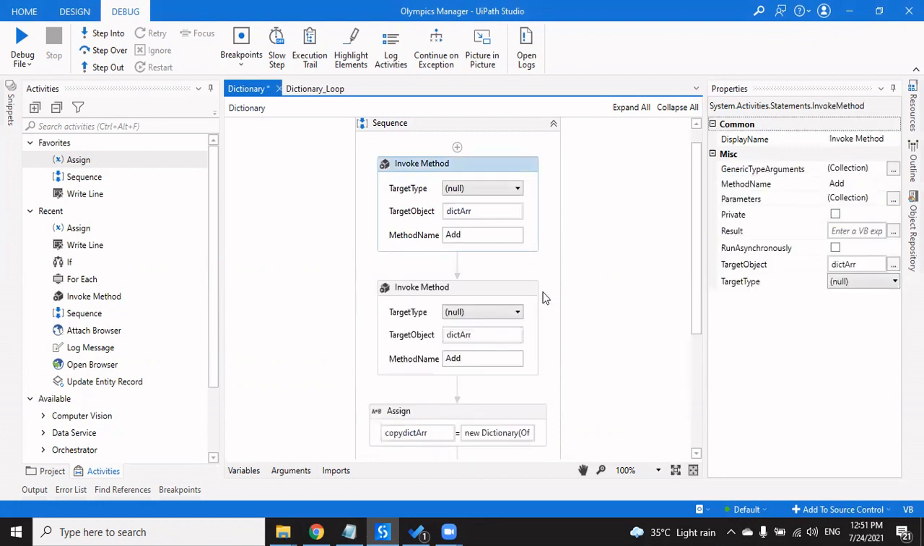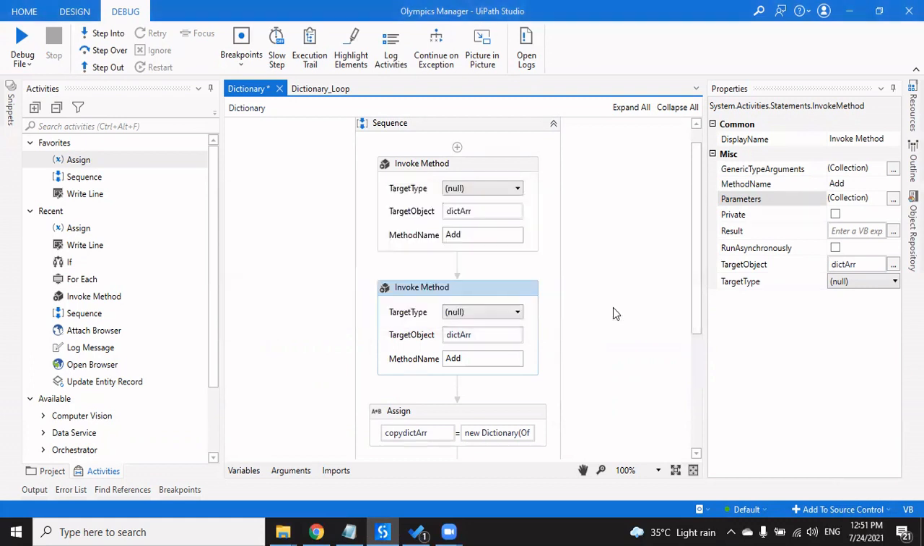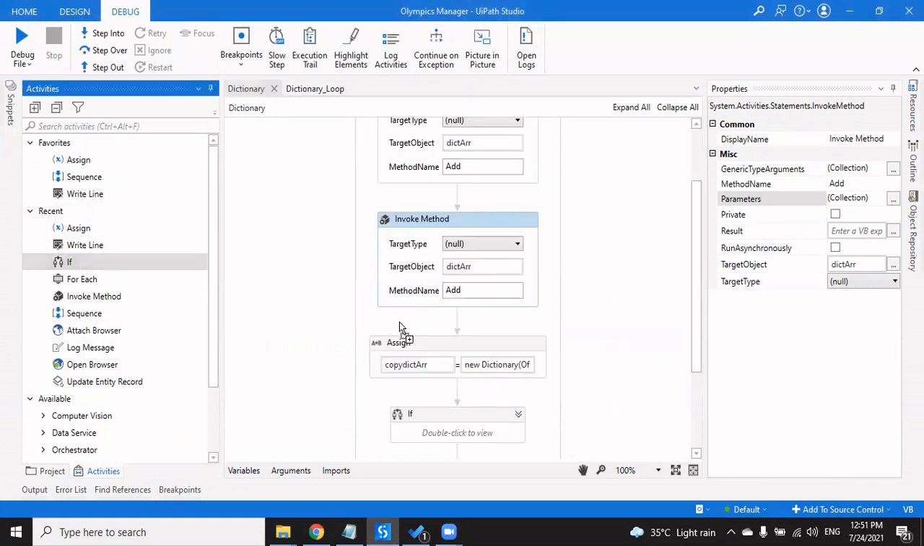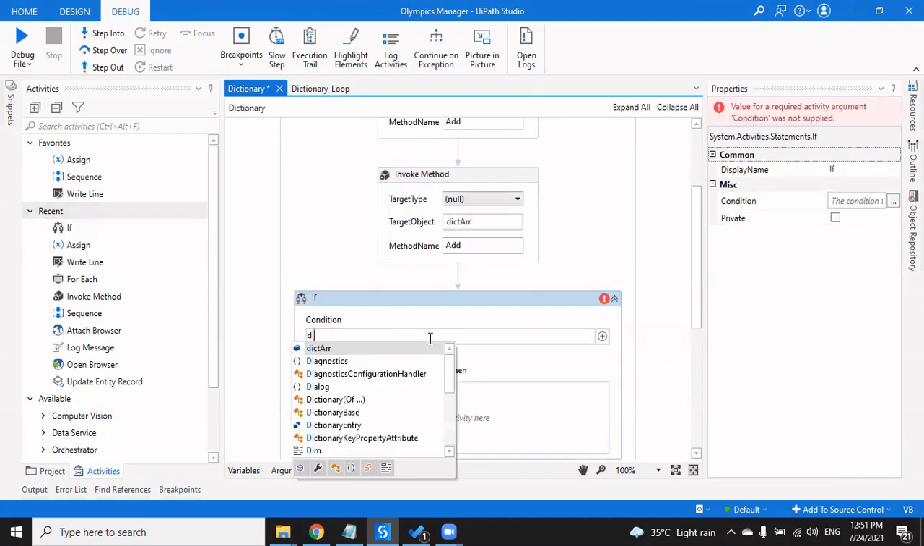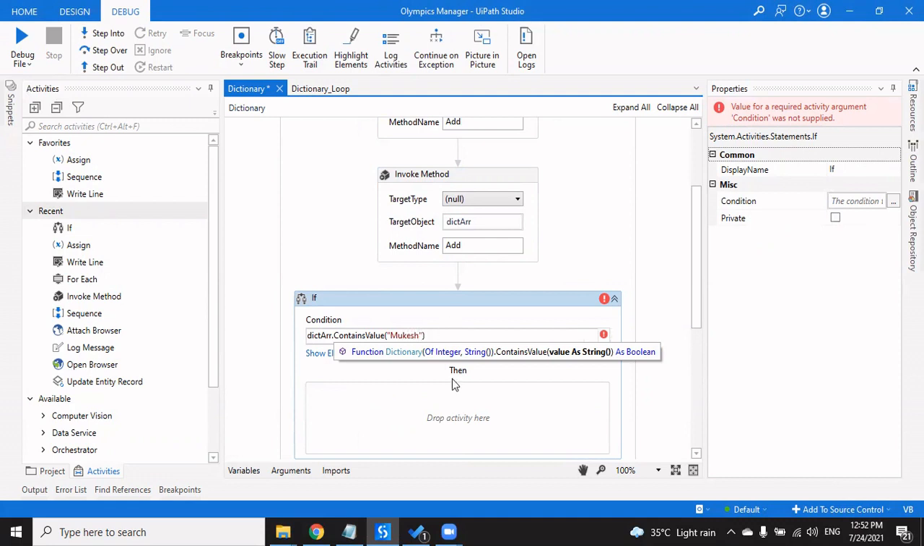Now suppose I'm going to add one more entry to my dictionary, say Mukesh, the age being 27, and this being traveling. And the key, I'll change it to 2. And now I say, okay, if my previous dictionary contains a key, or you can even check the value as well. It's not necessary for you just to check the key. And if I say, okay, if it contains the value this,